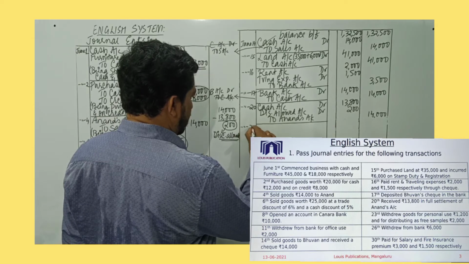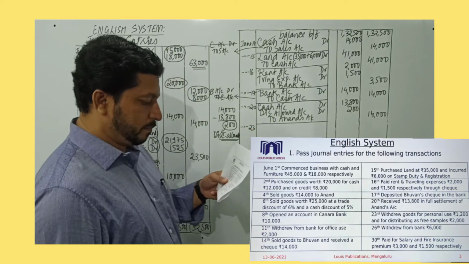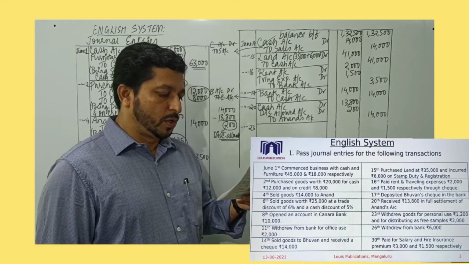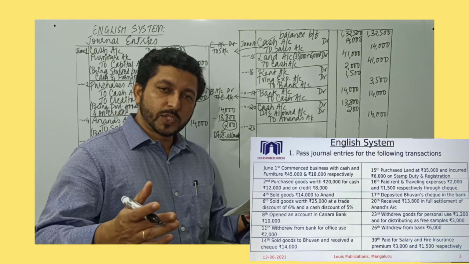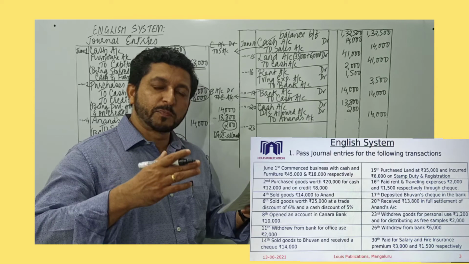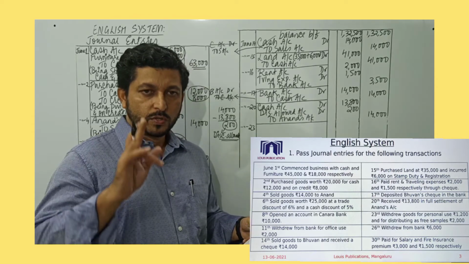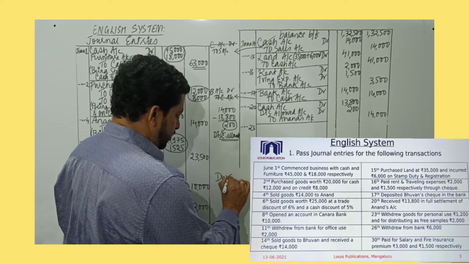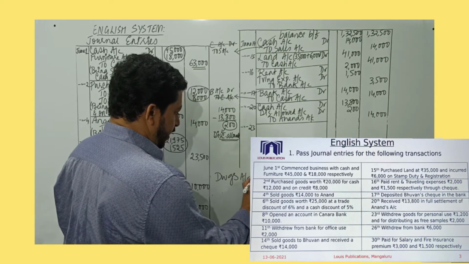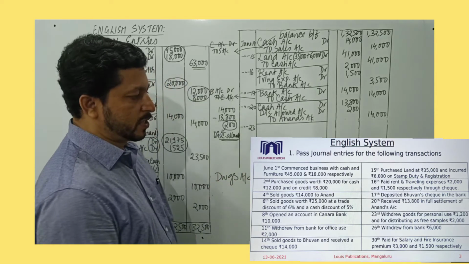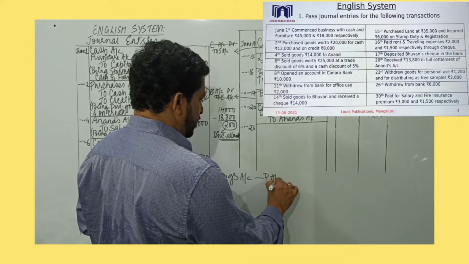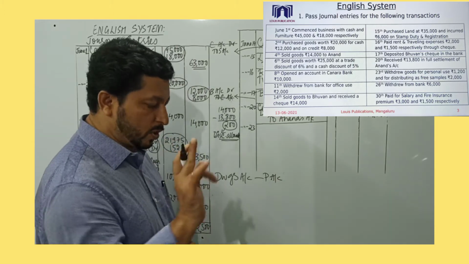Let's move to 23rd transaction that is given. Withdrew goods for personal use, 1,200. Businessman is withdrawing goods for his personal use. So the account present, withdrawn for personal use, is drawings. Drawings account, like capital account, is businessman's personal account. So drawings account belongs to the class personal account. Remember, capital and drawings both are personal account.